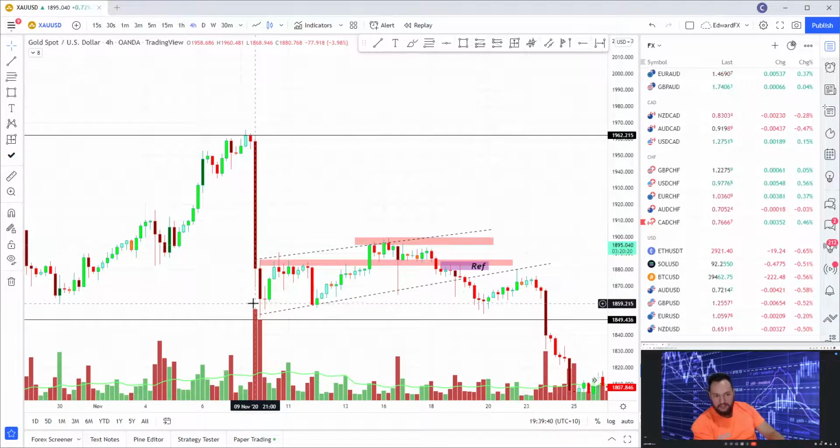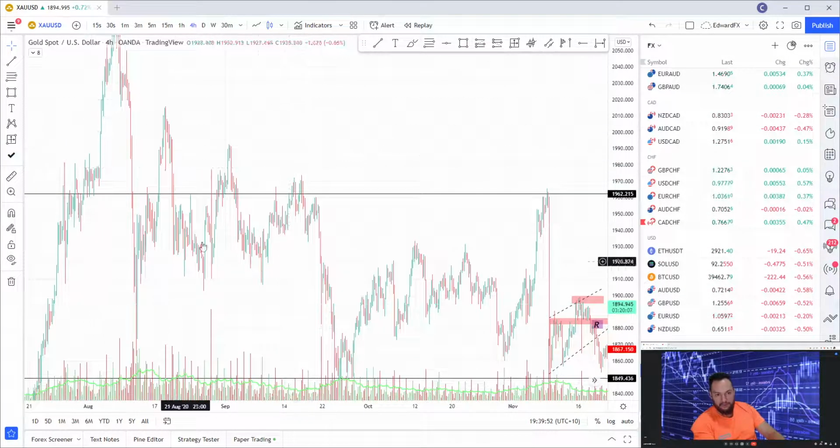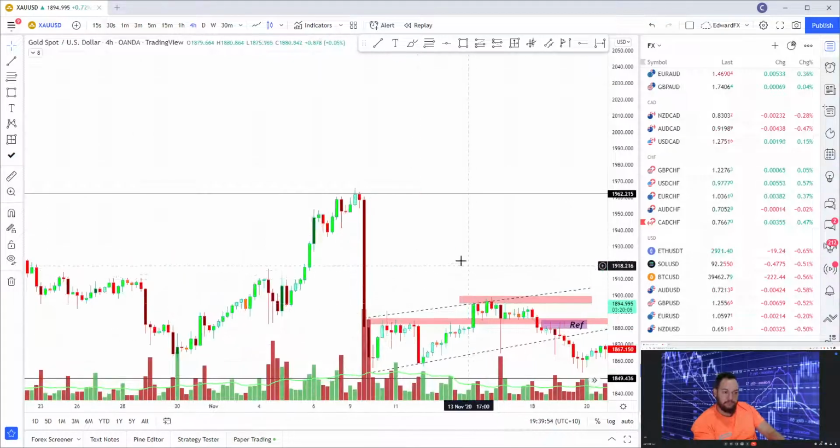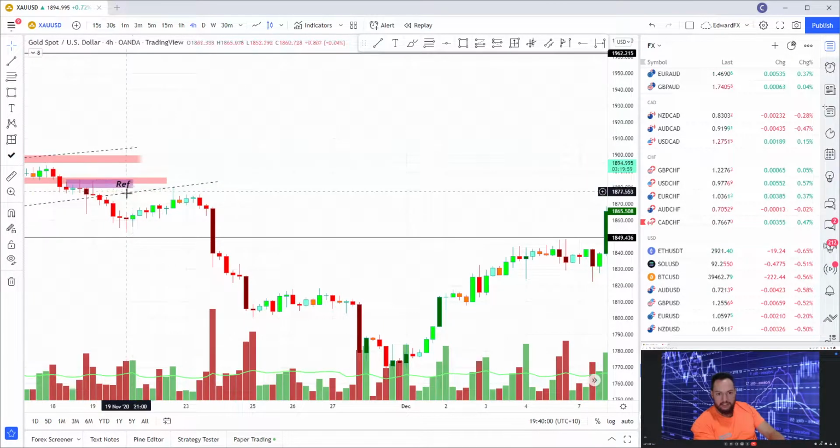So it's done, you're out. Your next move is the continuation move, and that's what you'd be looking for, the continuation, in the direction of the impulsive move and whatever the previous structure is. So there's the resistance. Our short would be the retest of the reference zone here,